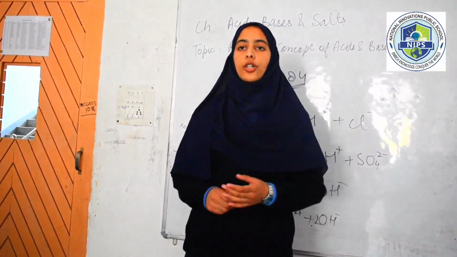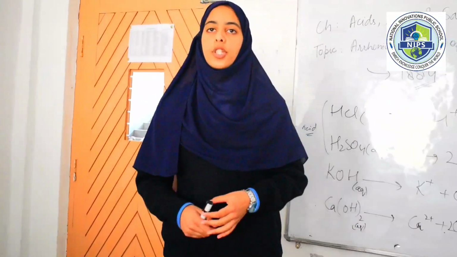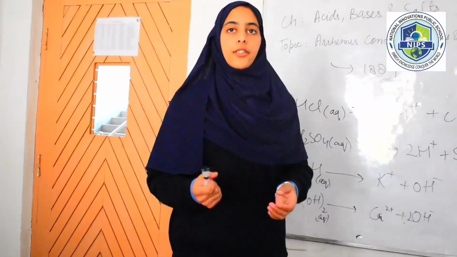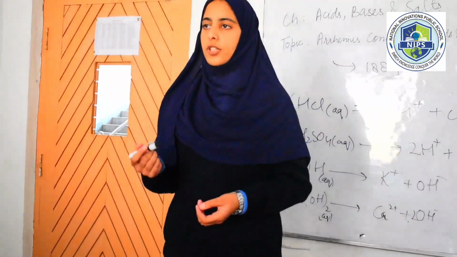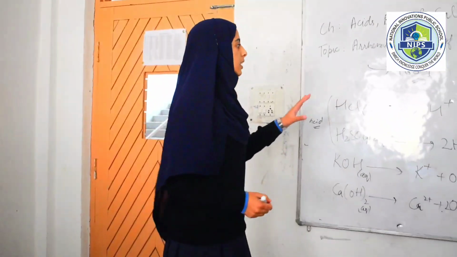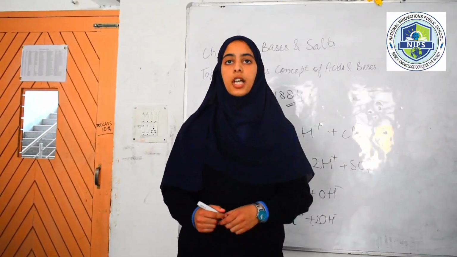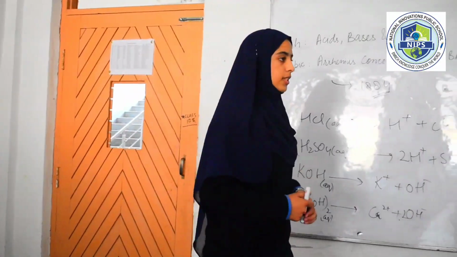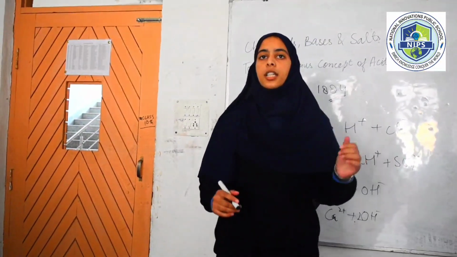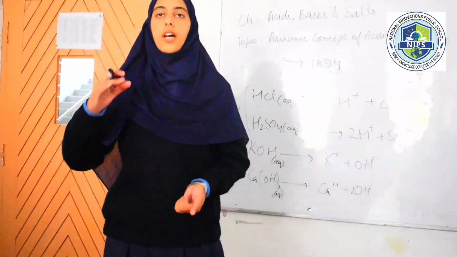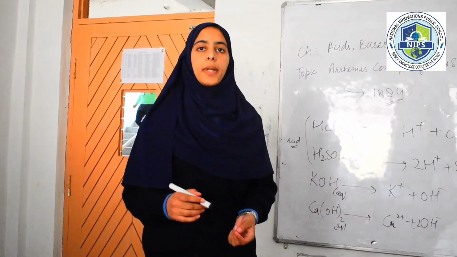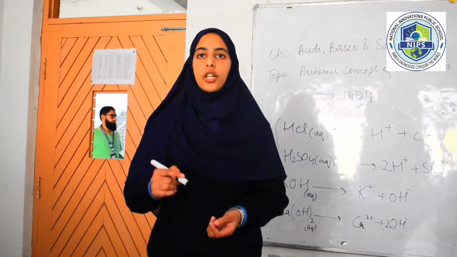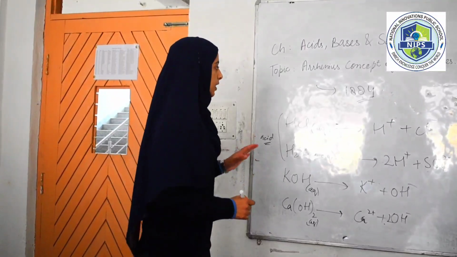As in the beginning, I told you that there are many theories proposed by different scientists in context with the acids and bases. Like I said that we have Lewis concept, we have Bronsted-Lowry concept, we have Arrhenius concept. This Arrhenius concept has few limitations. That's why many scientists try to overcome those limitations. Like we have the first limitation as this concept was only limited up to water as a solvent. It couldn't explain the acidic or basic nature of a compound which was dissolved in any other solvent other than water. So this was its first limitation.